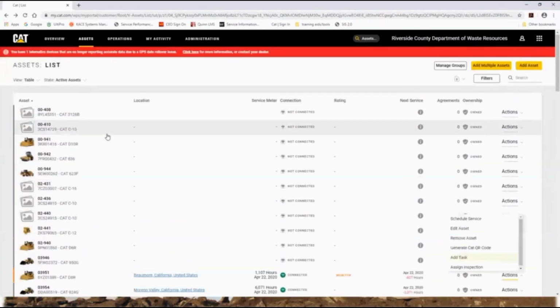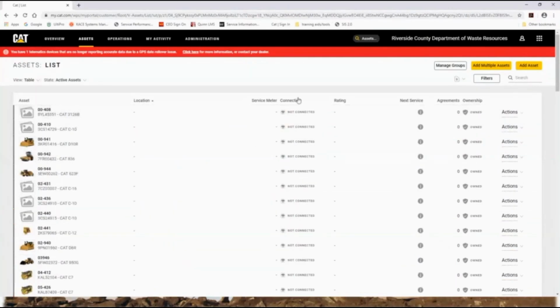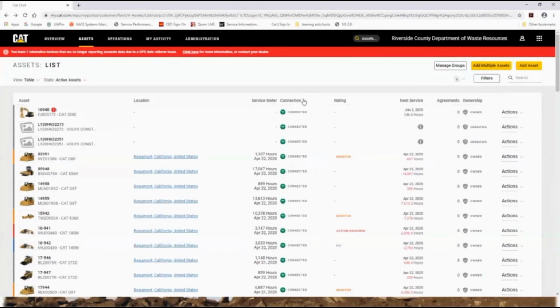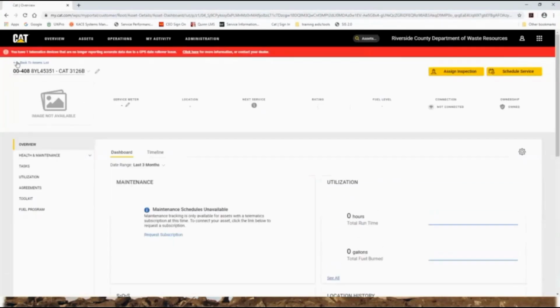As you go through here, you can also click on locations, and it will organize them by location. You can also click on service meter connection, and it will organize them that way. Get my little arrow back here. And again, you have actions that you can do over here that we saw before. The thing I like here is we can go to